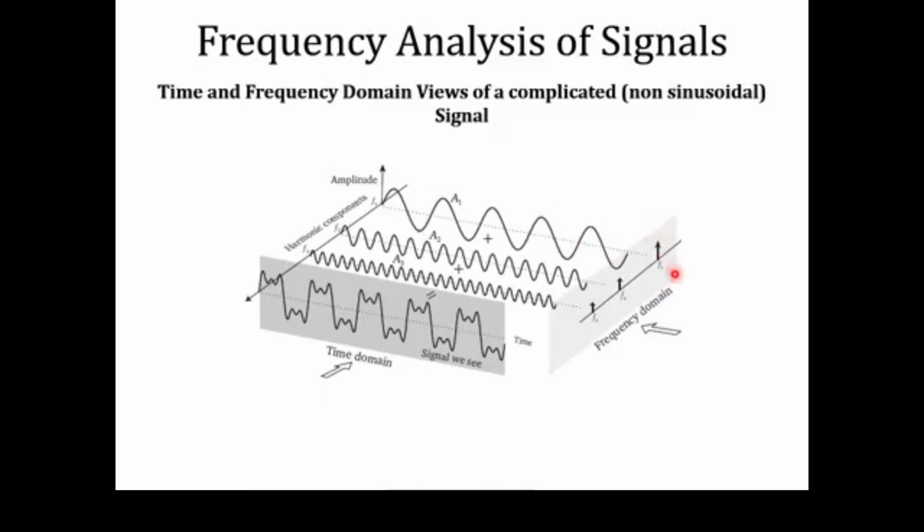And this spike will appear at f1 Hz frequency value because the frequency of this sinusoidal signal is f1. And the height of the spike will be equal to the amplitude of this sinusoidal signal. Similarly, this sinusoidal signal having f2 Hz frequency value will also appear as a spike at f2 Hz, and the